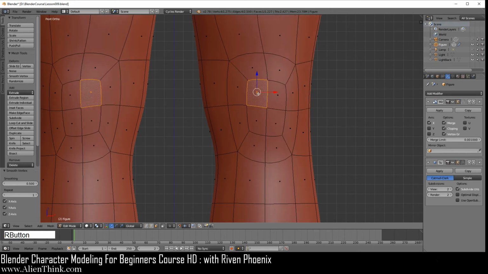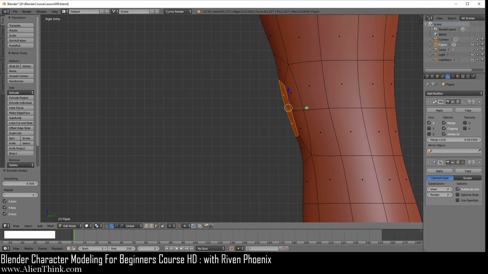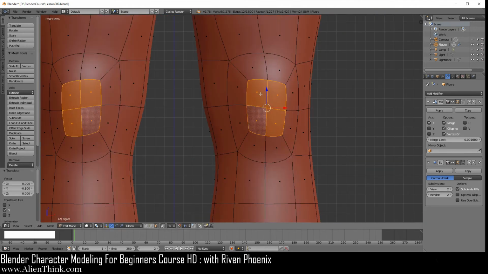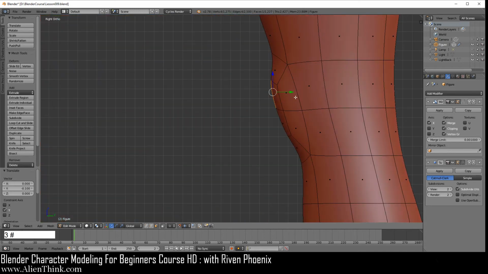You're going to click on this face, shift key down, this one, this one, this one. Go to your right view by pressing 3. Then move this to the left 1 nudge like this. Go to your front view, click on this face, go to your right view. Now do the green arrow again to the left like this.